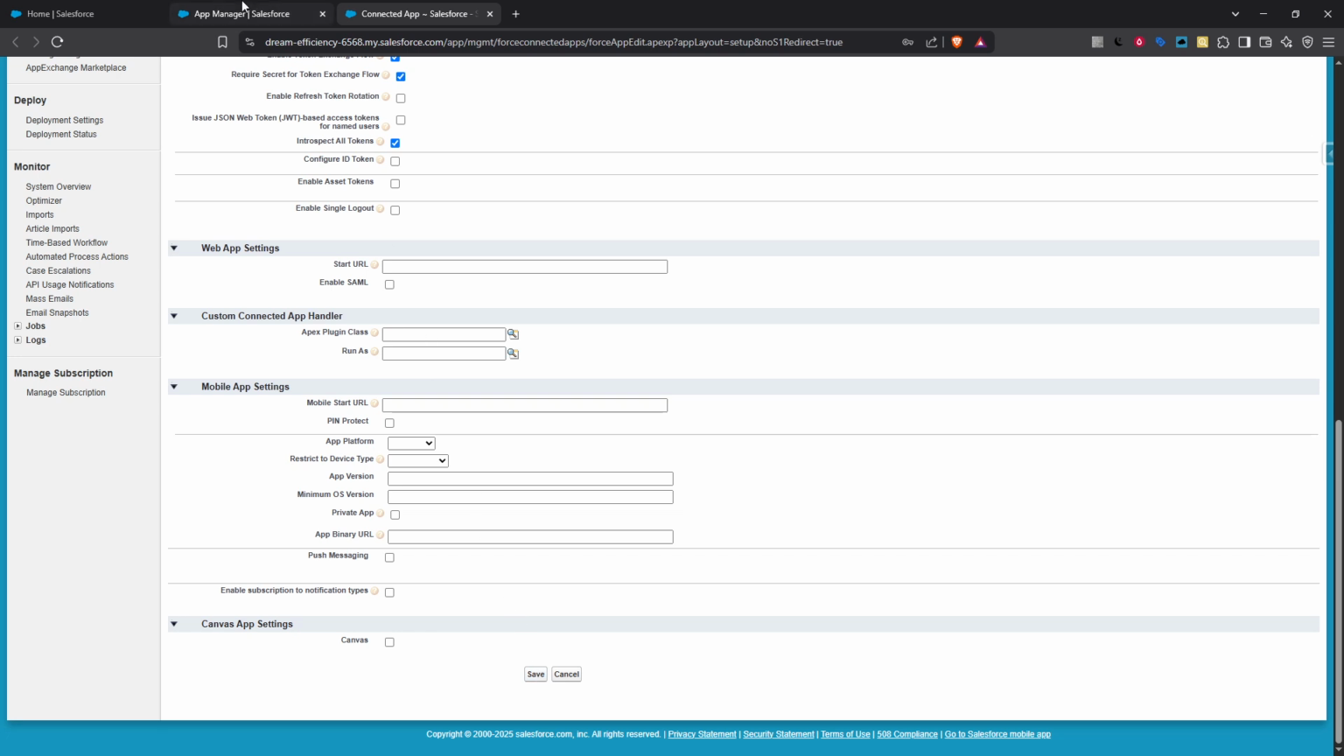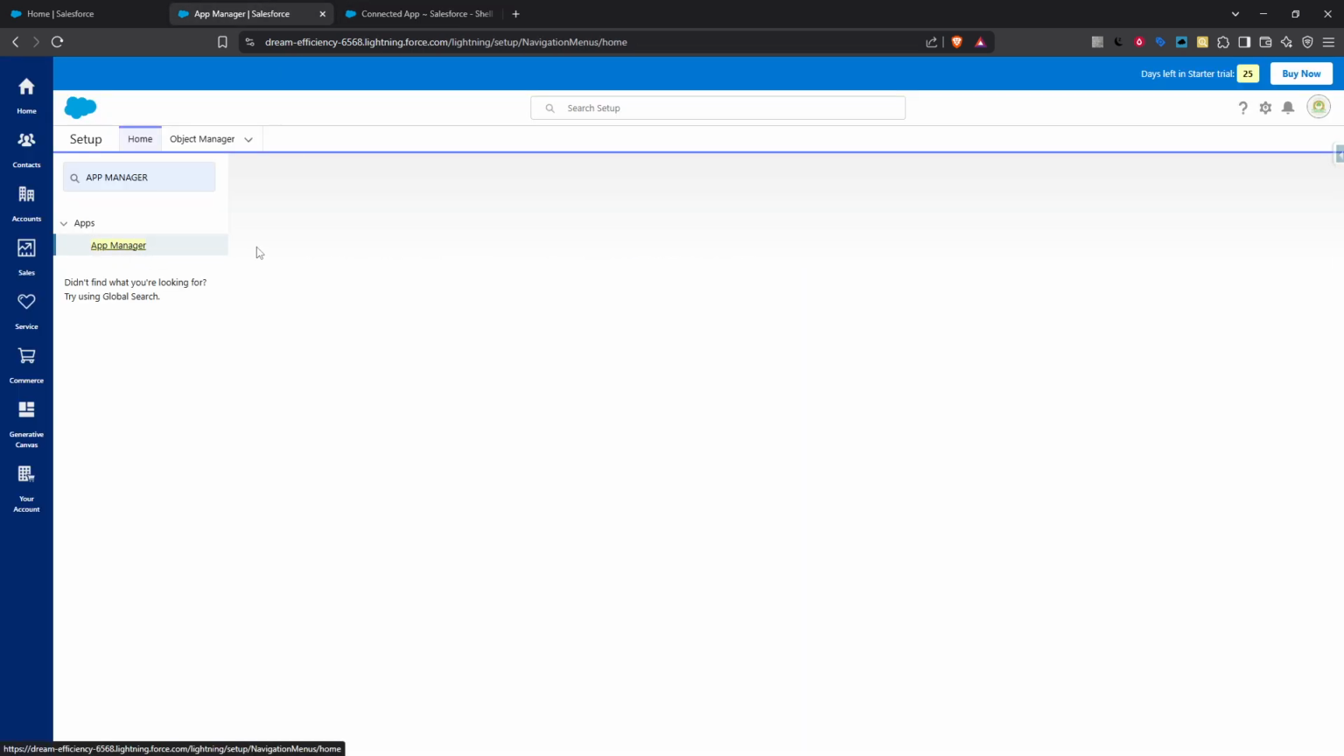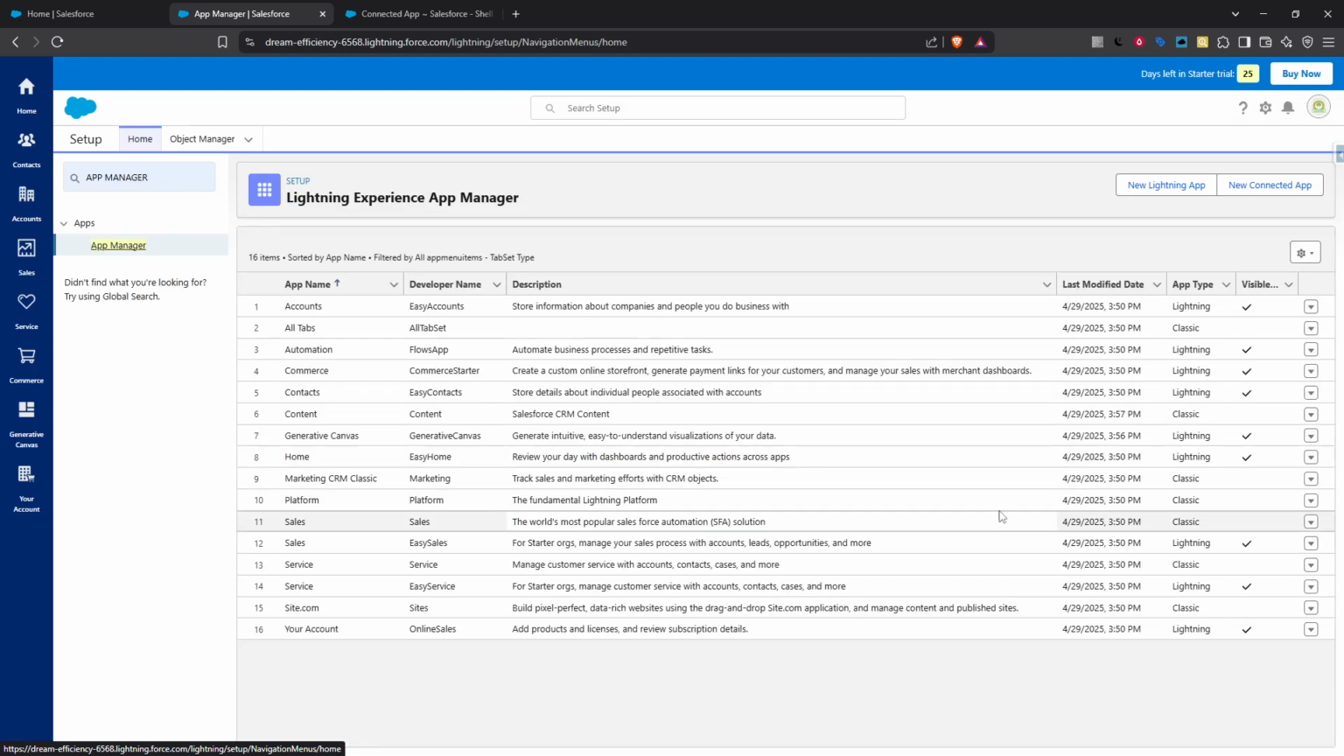Now that it's saved, you'll be redirected back to the App Manager. Here, find your newly created app, click on the drop down next to it and choose View. Once you view your app, you'll see two critical pieces of information, your consumer key and consumer secret. These are crucial for integrating your app with external services, so keep them secure and accessible for future use. And there you have it, you've successfully created a connected app in